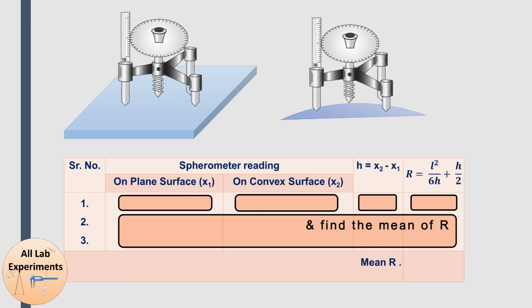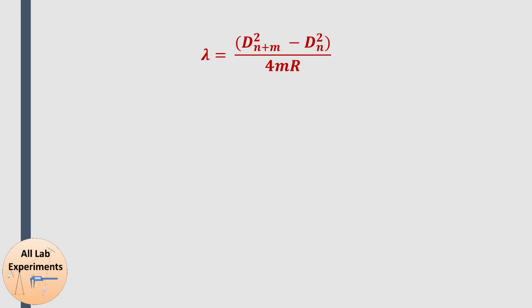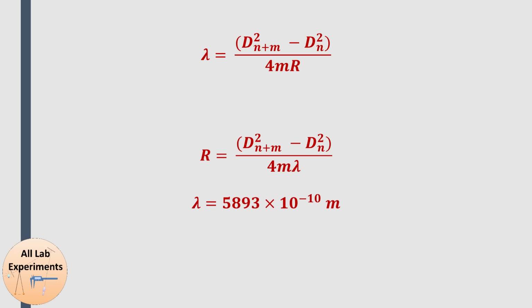In this formula, now we can also insert the value of R and can easily find out the value of wavelength of sodium light using Newton's ring experiment. On the other hand, if we just know the wavelength of sodium light, then just by switching the values of R and lambda in this formula, we can shape it like this, such that if we know the value of wavelength of sodium light, we can easily calculate the value of radius of curvature using any method. Method 1, which is mathematical, or method 2, which is graphical. So in this way, this experiment of Newton's ring can be performed.